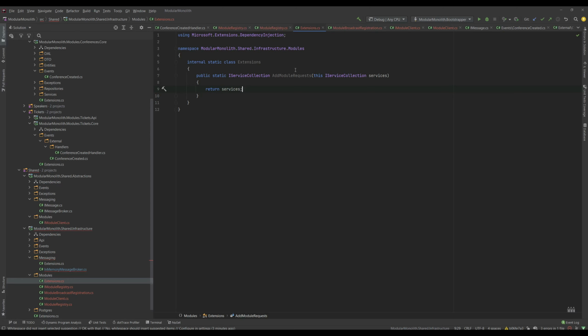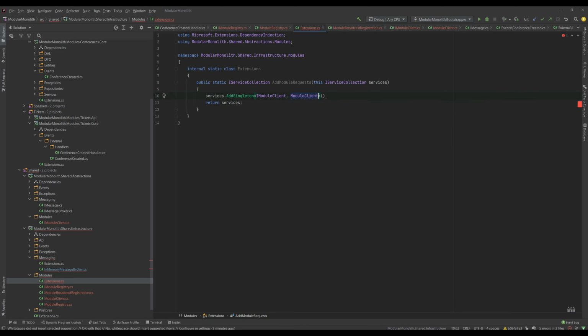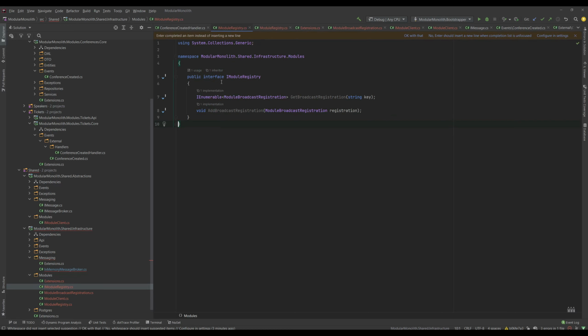Okay, and already I think I can add our module client, and for now we'll just register the client as a singleton. So IModuleClient, and the actual implementation will be in here. And of course, at some point, during the bootstrap, it would be cool to seed our registry. Of course, this is rather a technical decision whether we would like to expose some sort of API which allows the developers to register manually, to add this to our registry manually using this API, or